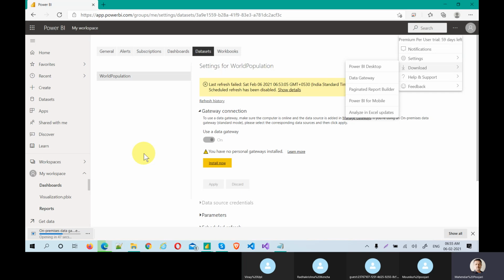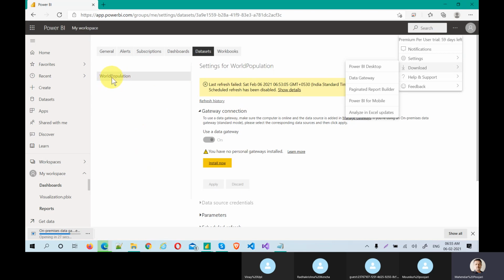You should be more familiar with app.powerbi.com. Whatever you develop in the desktop, you will publish here and manage as many as possible. This is one of the most important areas, dataset settings.